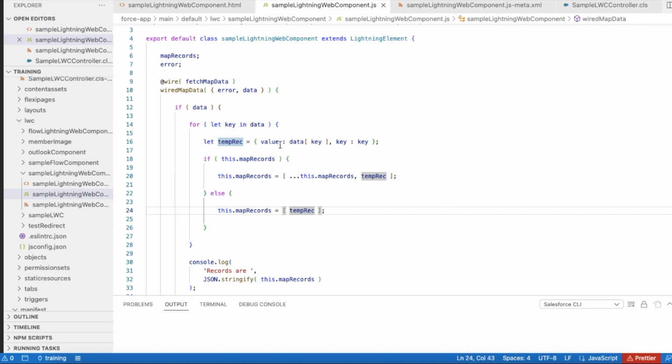So like that I'm constructing, and then I'm attaching it to the map records variable. Since for the second record this won't be undefined, it will come to this. Using this assignment, I am actually adding another entry into my map records array variable. Like that I'm adding all the records to my map records variable,